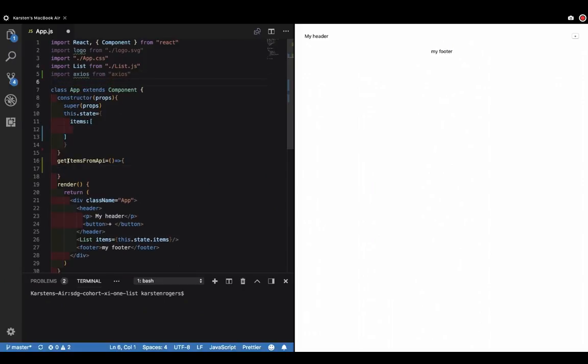Cool. Now inside of here, inside of our get items from API, we're going to use Axios. So indent it in a little bit. Tab. There we go. Axios.get. And now parentheses and a quote. We're going to paste in the API we've been using. So,